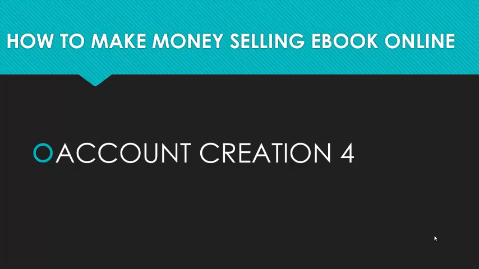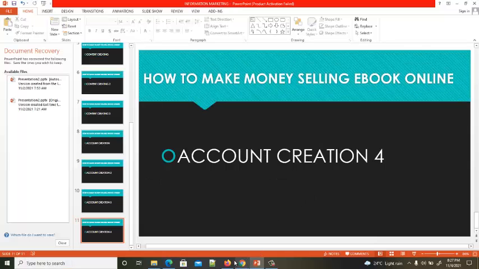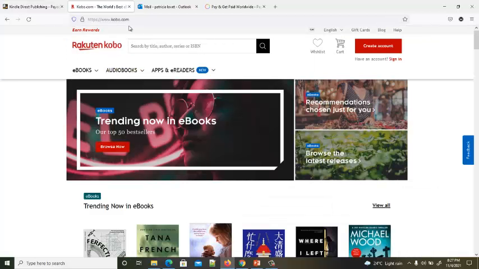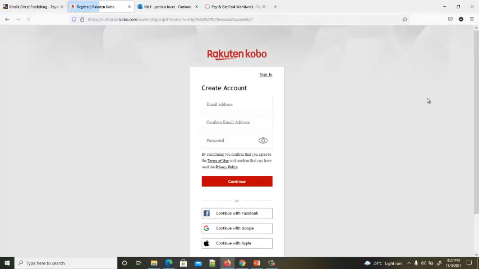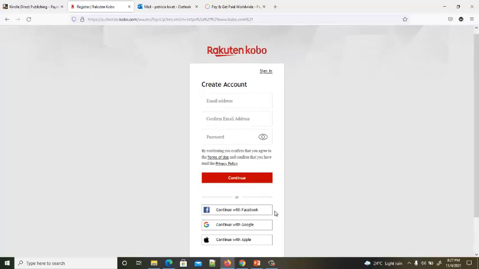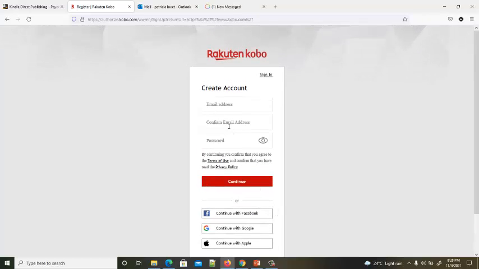So let us move straight to how you are going to set up your Kobo account and how we are going to start. Now we move forward to our browser. Then you come to the platform I call Kobo.com. So you come here and click on create account. When you click on create account, you can see you can continue with your Facebook, continue with your Google account, continue with your Apple. You can choose any of the three you like, but for me I will use the